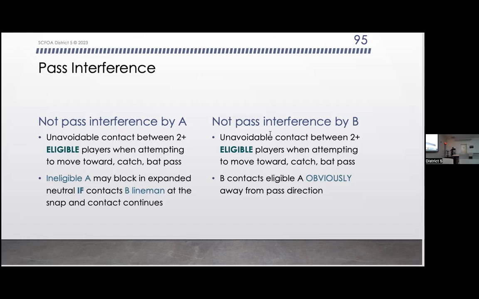All right, this is an important slide. Unavoidable contact between two or more eligible players when attempting to move toward, catch, or bat a pass. And that's the same bullet for B there. The only thing I say about this, we see tangled feet, right? That's fine. We know that we're going to call that incidental contact. What you've got to be good at and look for is whether or not both were playing the ball, because